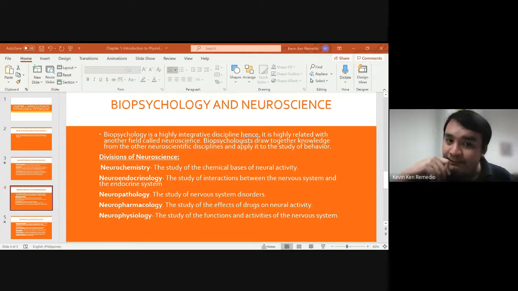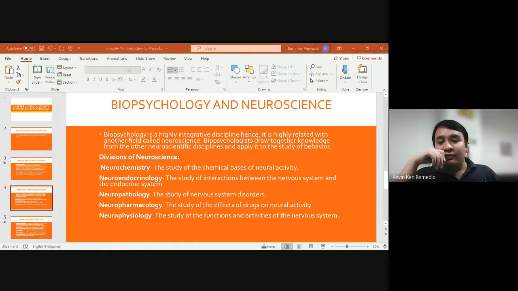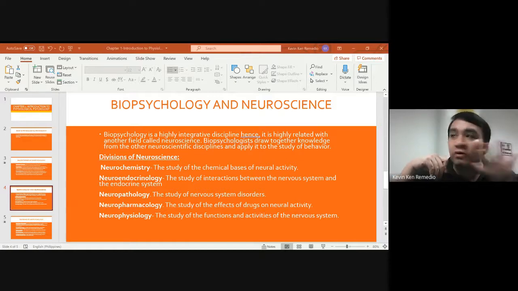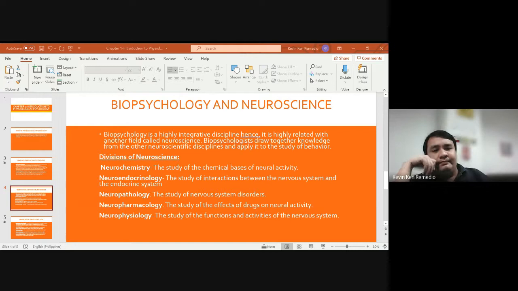But dili ang endocrine system ang nagsugo nga i-produce na. It's the nervous system that instructs the endocrine system to produce those hormones because of certain occurrences. Neuroendocrinology is another division. Next,